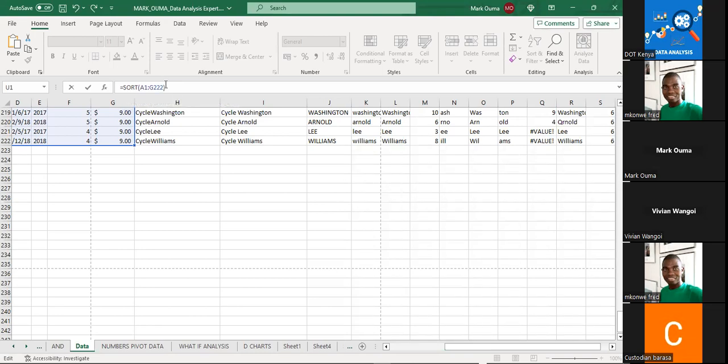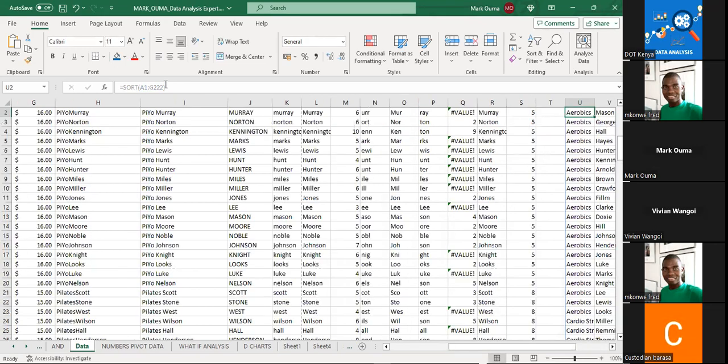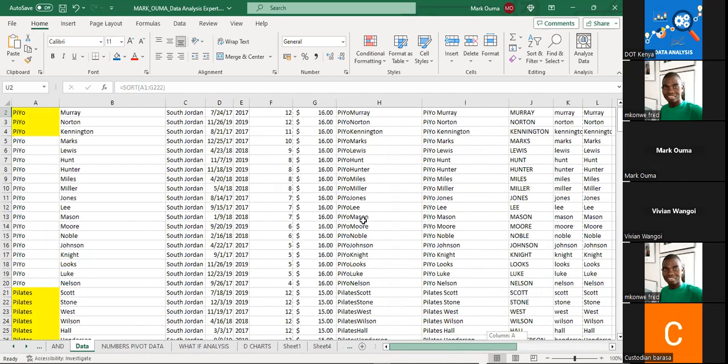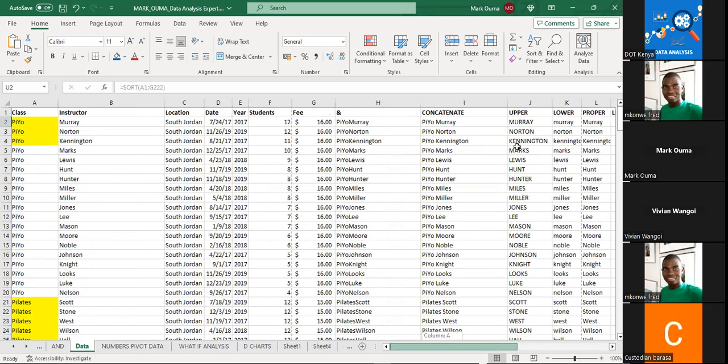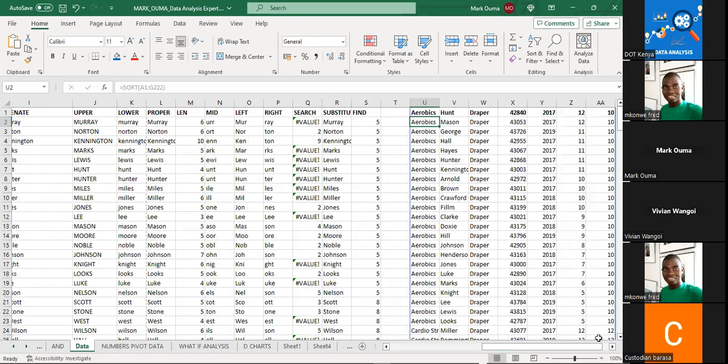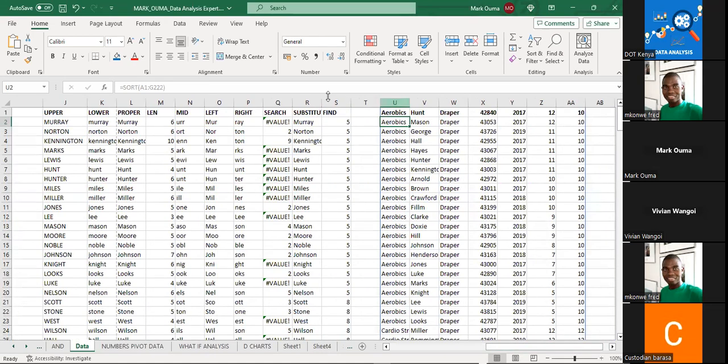Press enter. So this is an array formula. So your data has been sorted. Go to U1. Yeah, now you're on U1. So your data has been sorted based on column A to G, the first column, in ascending order. So if you're interested in sorting based on the second column,